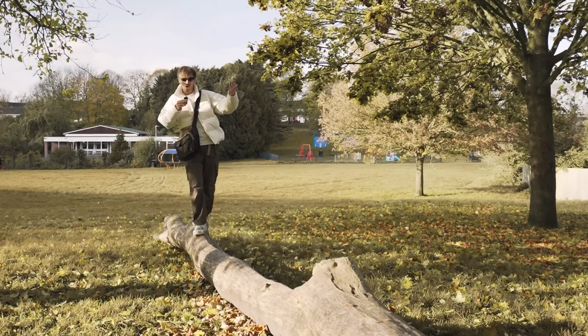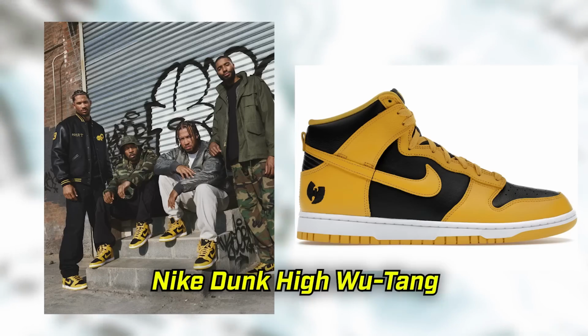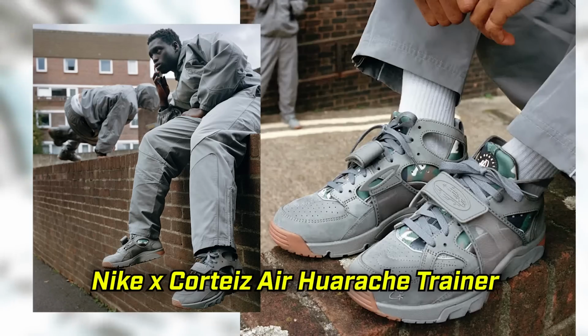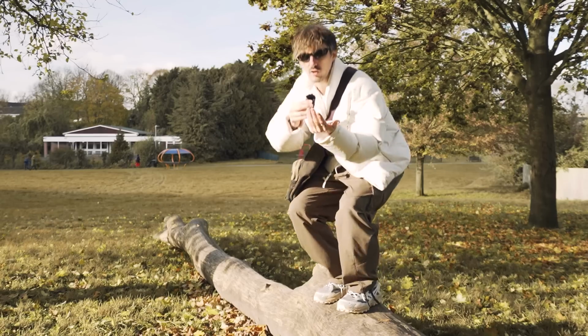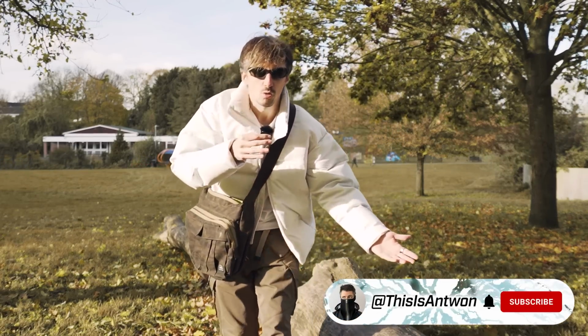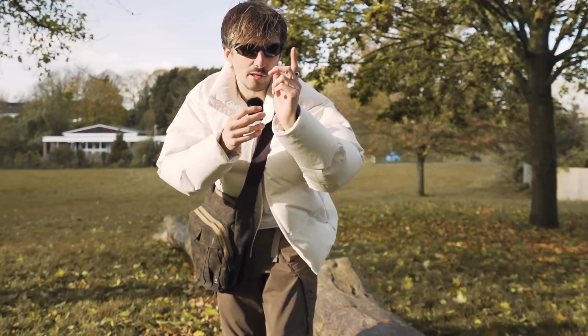Hyped sneaker culture is kind of dead right now, so although there are some hyped releases like the Wu-Tang Dunks celebrating 25 years versus the original release, and the Nike Cortez Air Huarache trainer, there's actually a surprising variety of stuff out there, which is great because it means that we've got more to choose from. And I'm always a big fan of winterized versions of regular sneakers, and there's a lot of different ways that